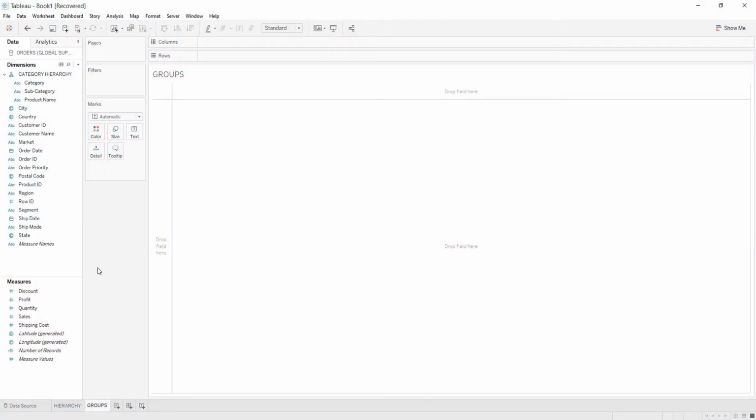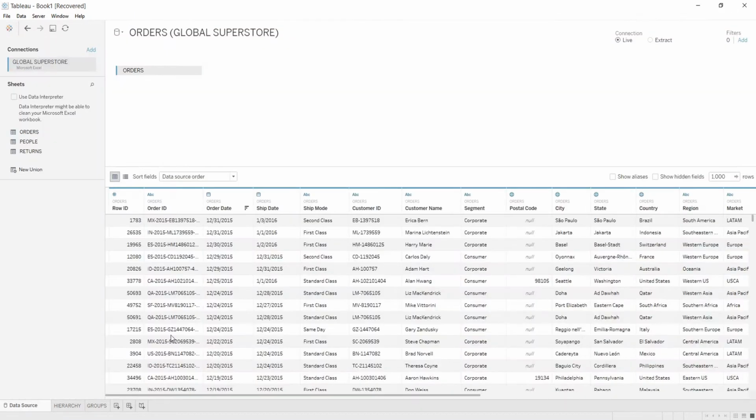In Tableau, we can create groups in many ways. So, starting with the method of creating a group from the data source panel. I have moved over to the data source panel, and there we have to move over to any attribute, right click over it and click on the create group option, which will help us create any group according to our choice.